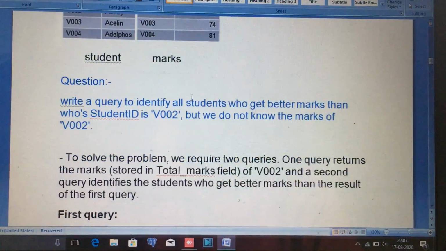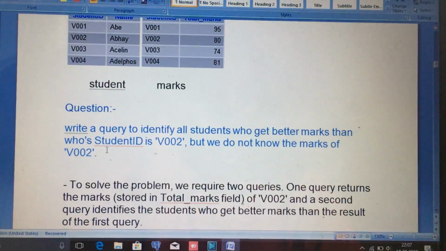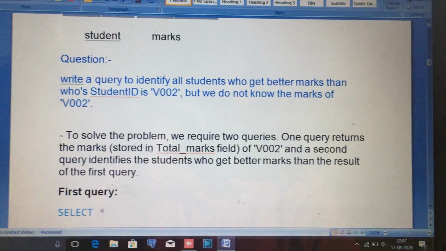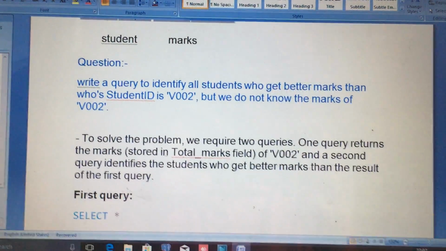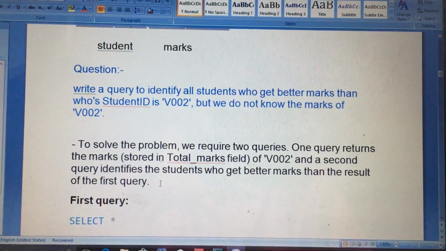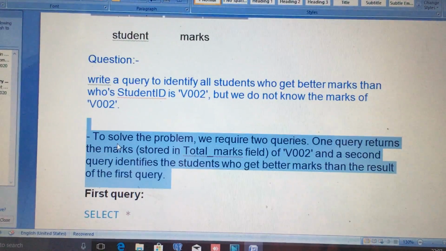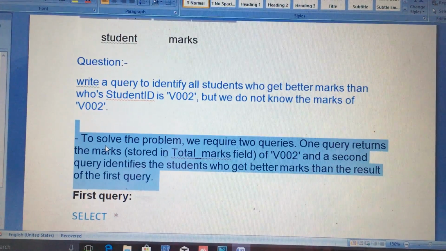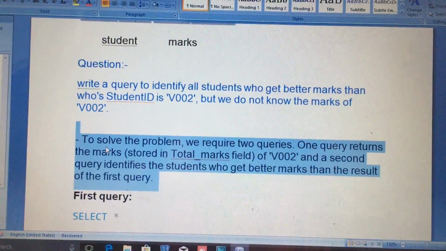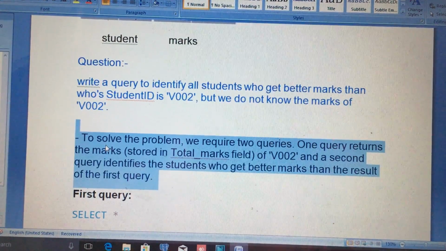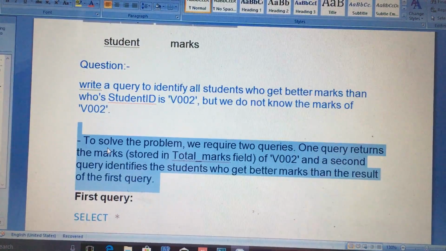So to solve this question we require two queries. One query returns the marks stored in the total marks field, because in the question they have mentioned we don't know the marks of V002, so for that we have to write one more query.